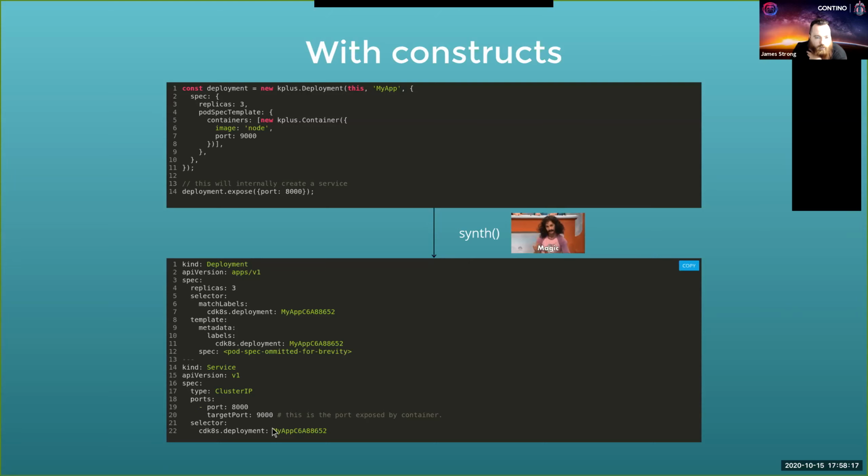Right, exactly. Because at the end of the day, we are now dealing with basic OOP concepts, basic object-oriented programming. We create objects. How you set the property on those objects is completely up to you. In this case, it's being set through a static variable. But it would be just as easy in terms of the API to, instead of having a static string that says node right here, have it be a variable. And that variable gets set from either an environment variable that was provided when the synth routine was called, or maybe from a static JSON file that I've read into the process, and I use one of the values out of that file as the image name.